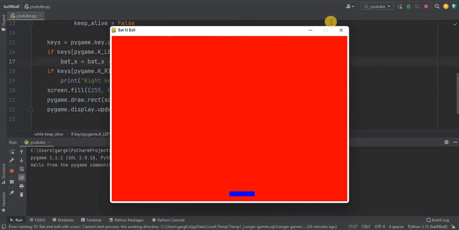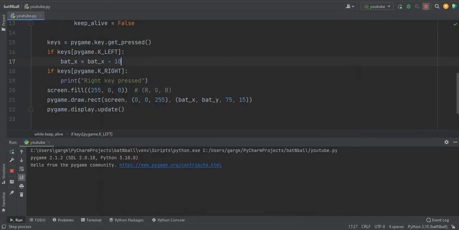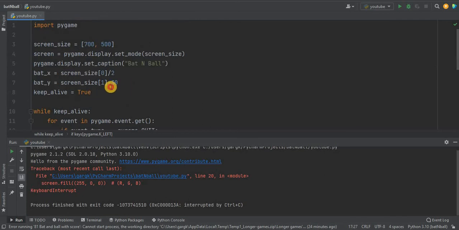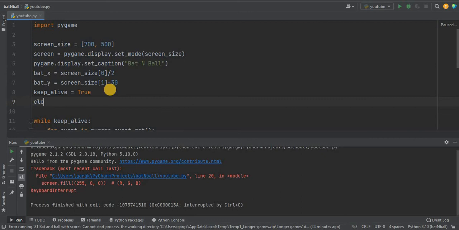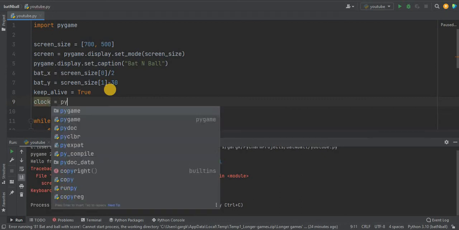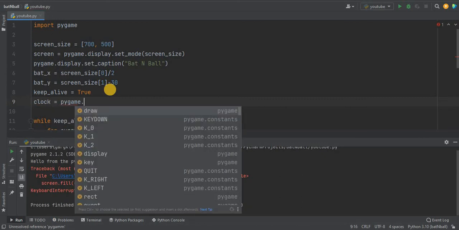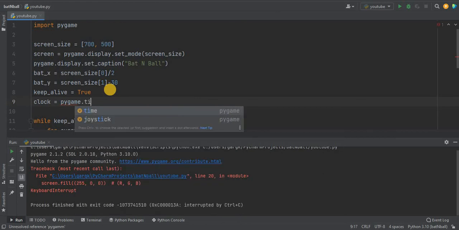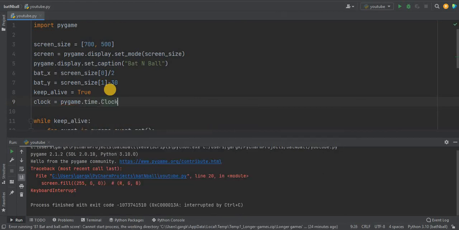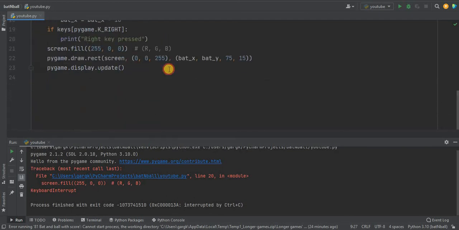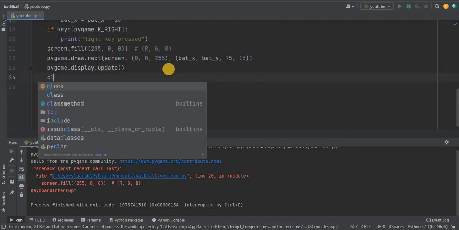And now if I run, I will press the left key. Oh no, it is going too fast. For that I have to make a clock. And don't worry, making a clock is very easy. Clock equals pygame.time.Clock(), and it has a function called clock.tick, and if I call it at the end of updating,